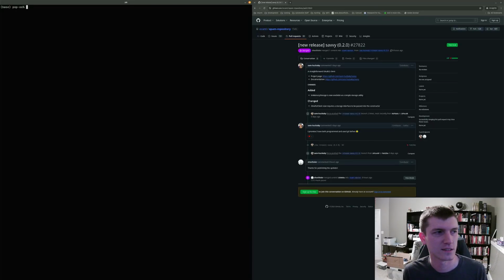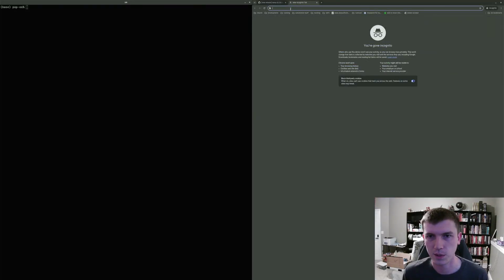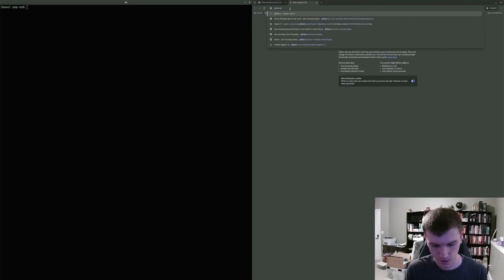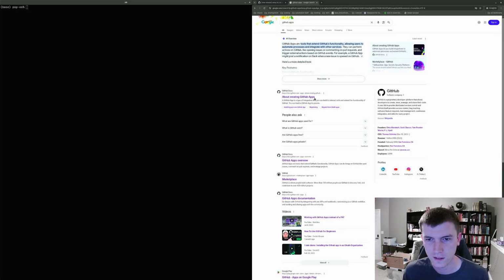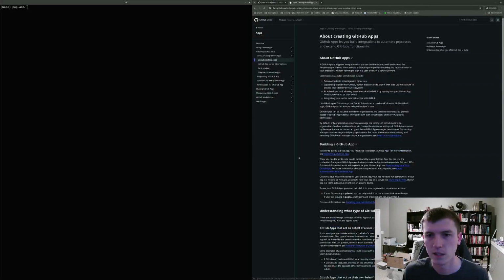So GitHub has OAuth applications and GitHub apps. Actually, let me pull it up because I need to do some more reading on it too. They are essentially free OAuth 2 servers, free auth servers that GitHub lets you use. I actually don't know what the limits are in terms of MAUs or anything like that.